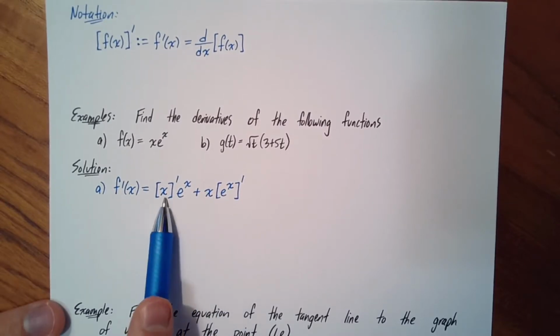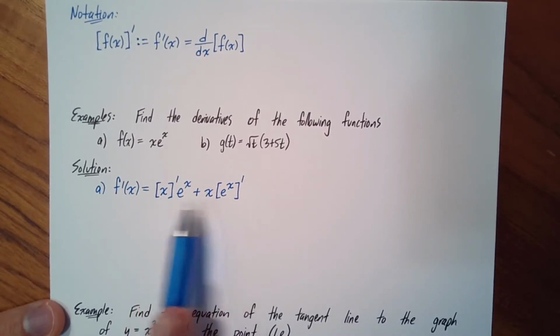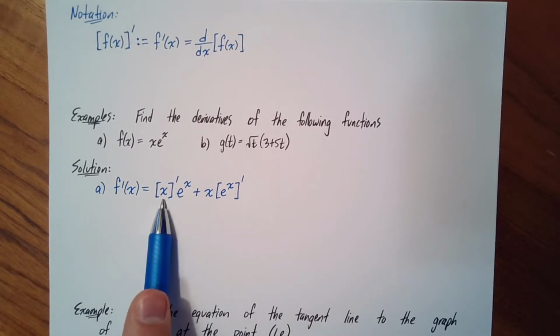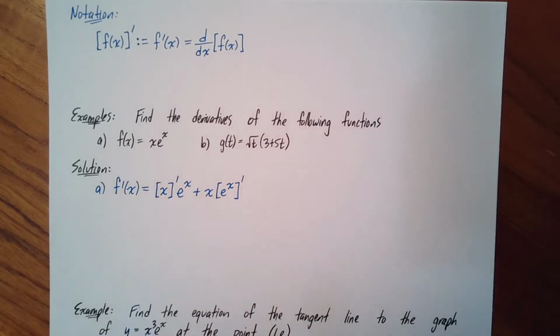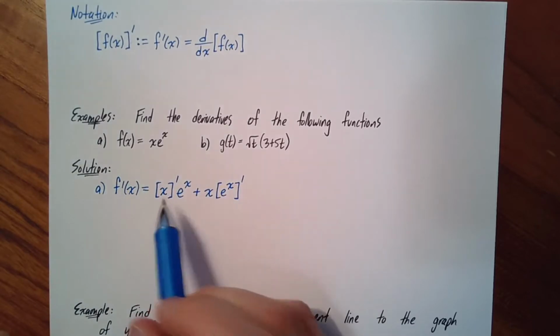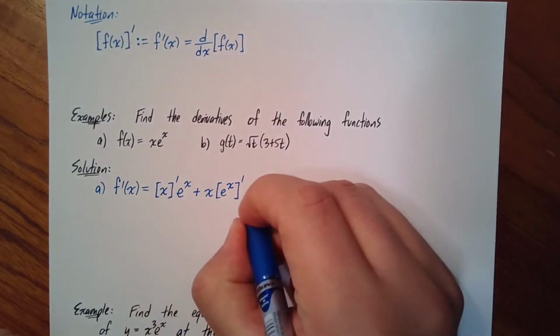And now we need to find the derivative of these two simpler functions. The derivative of x, remember we've seen that one, is just 1. The derivative of x to the power of 1 is 1 times x to the 0, or in other words, 1 times 1, which is 1. So we're going to get 1 for that one, so we have 1